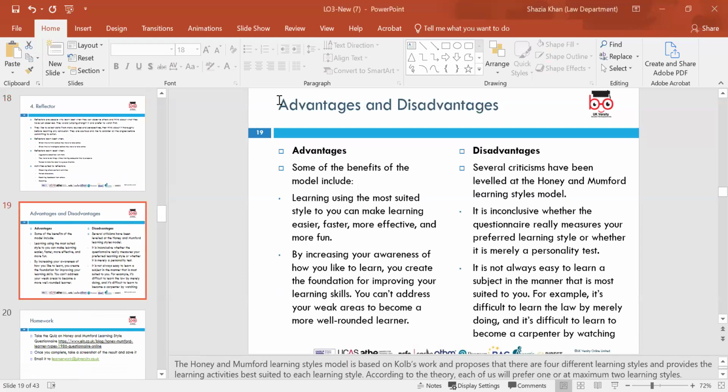So there were advantages and disadvantages of Honey and Mumford's model. It was the fact that Honey and Mumford's learning skills allow individuals to understand their unique learning preferences. So that is one of the advantages as well. And it promotes this tailored learning experience that enhances knowledge and improves communication. So there have been criticisms of Honey and Mumford's learning styles, and they say that the idea was not